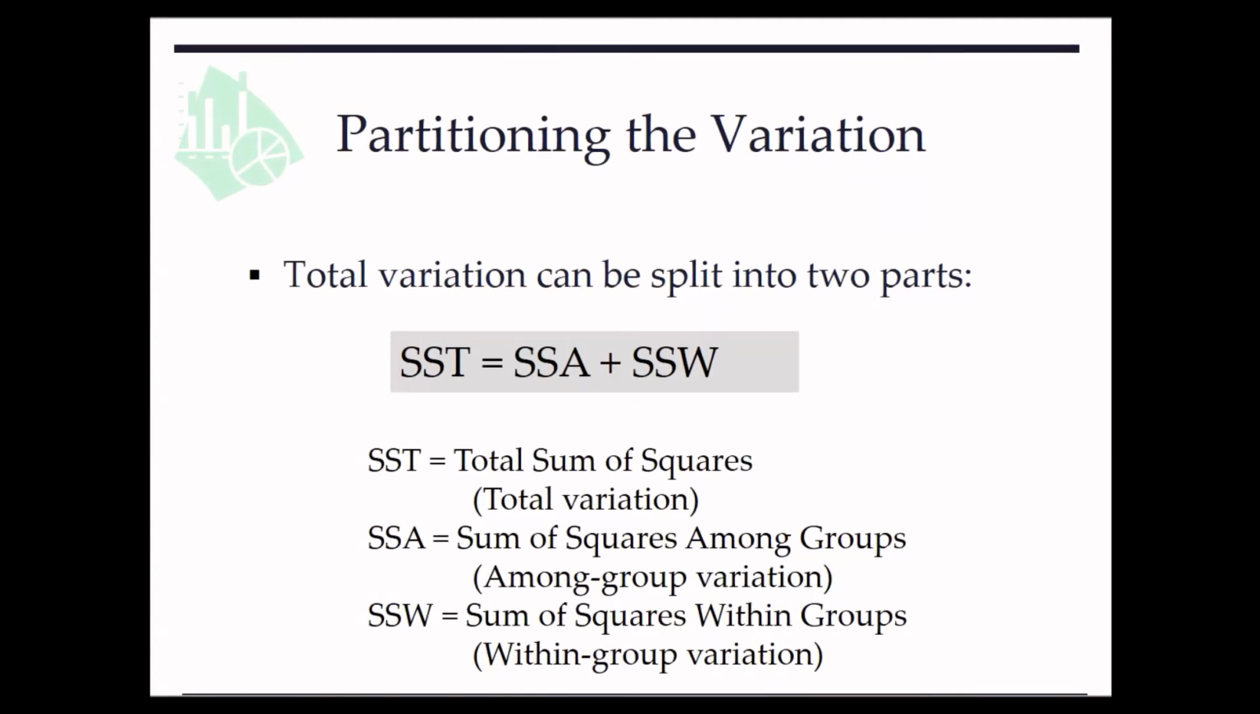In this video clip, we learn variation partition in one-way ANOVA. The total variation equals among group variation plus within group variation for the data in a one-way ANOVA. Specifically, we have